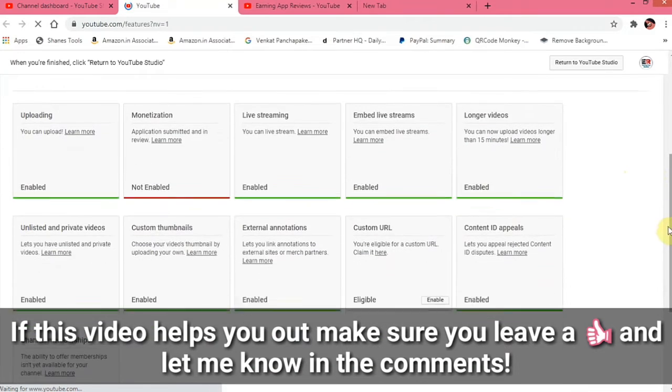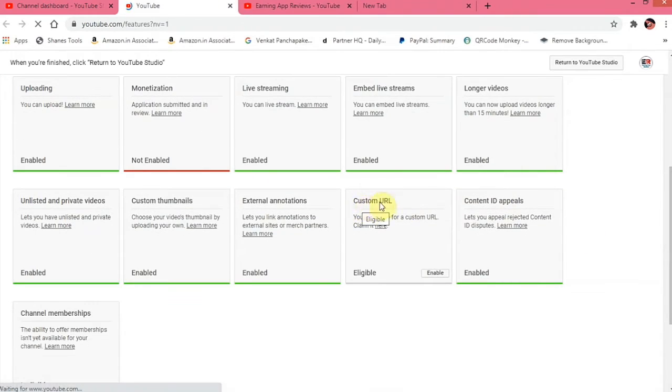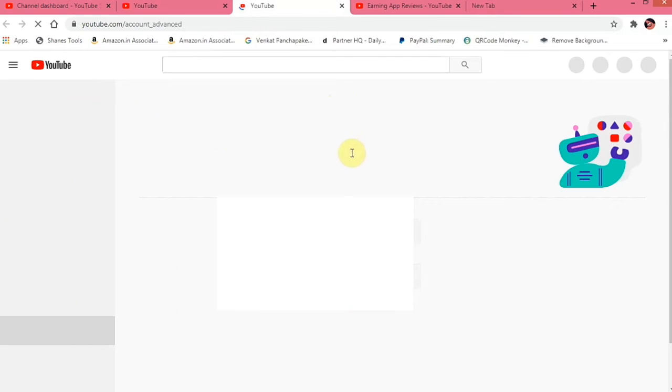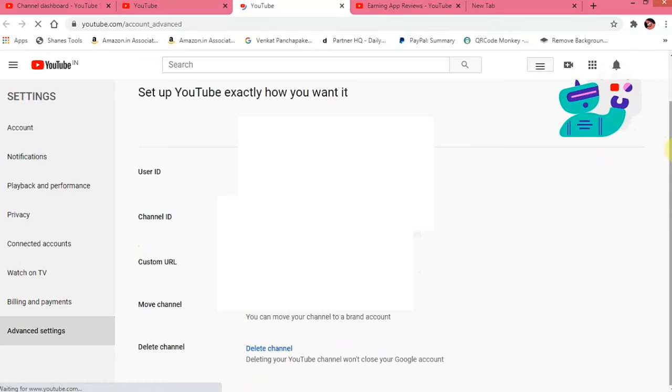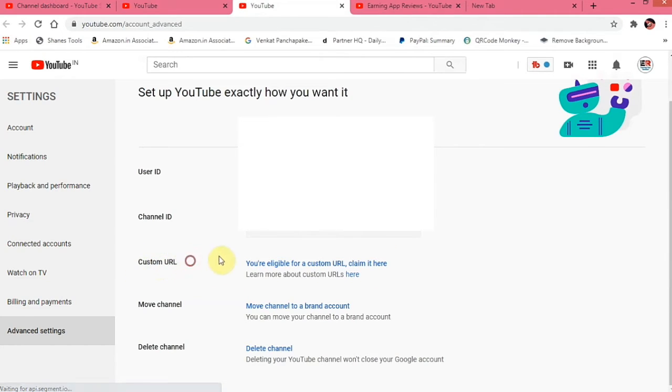As you can see now, there is an option called custom URL. It says you are eligible for a custom URL, claim it here, because I have satisfied the three conditions. So I will just click on Enable and it will take me to a new page. Now as you can see, this is the page of custom URL, and it says you are eligible for custom URL, claim it here. So I will just click on that,